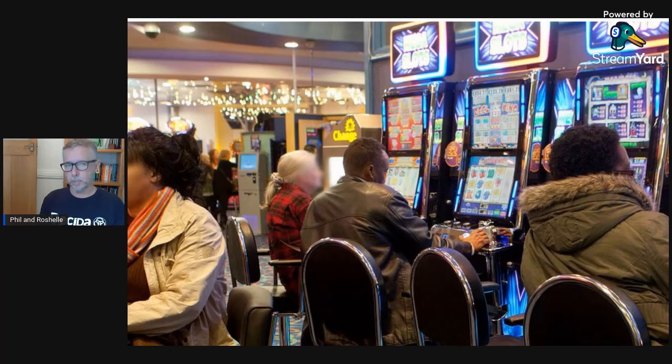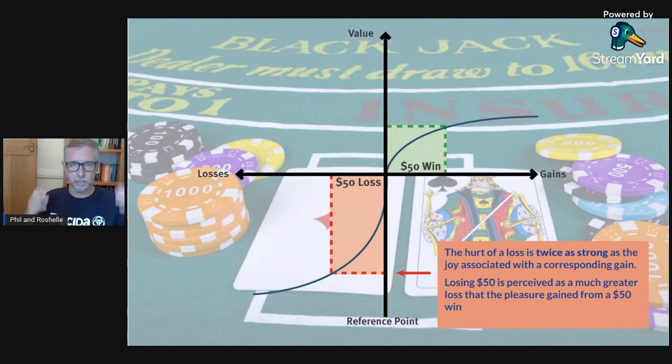Tails, you get $50 from me. And no one would pretty much take that risk, because the pain of losing $50 seemed to be more than what you would get from winning $50. So what they found was they said, well, what about if you get $100 if it's tails, and I only get $50 from you if it's heads? People will take that risk all of a sudden because the pain of loss being $50 matched the pain of getting something.